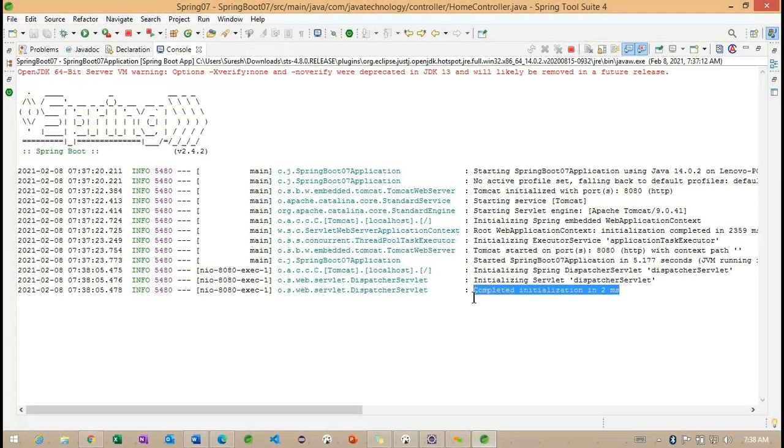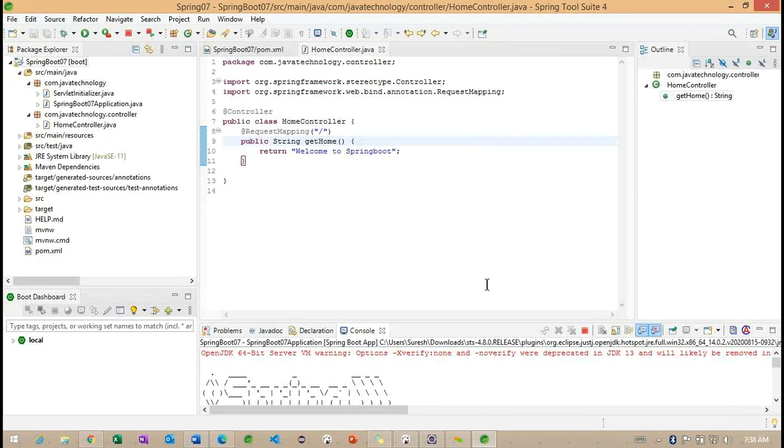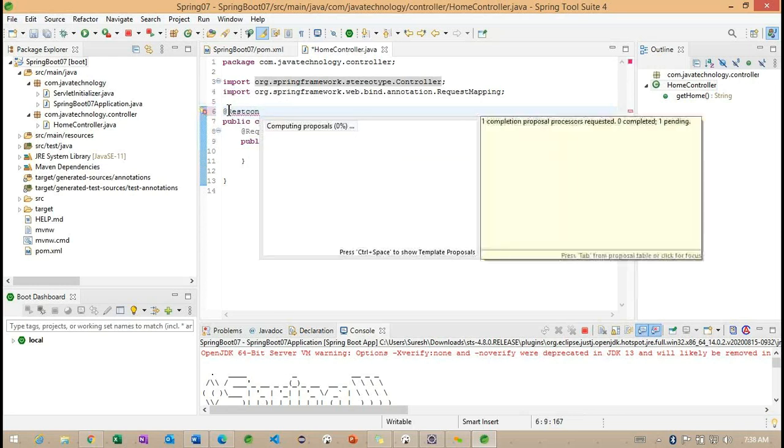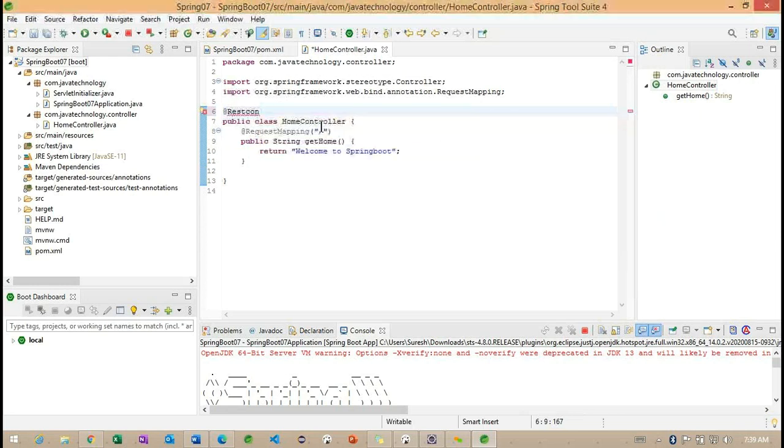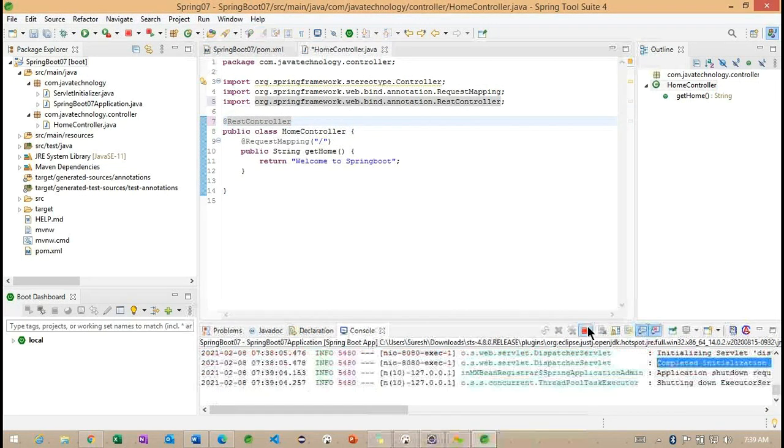Okay, now observe here. You can check here the request is received, but still what we are expecting here is welcome to Spring Boot. Now observe why we are not getting it. So simple one, instead of controller, I want to add REST controller.